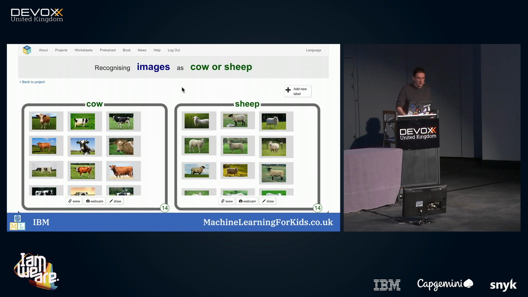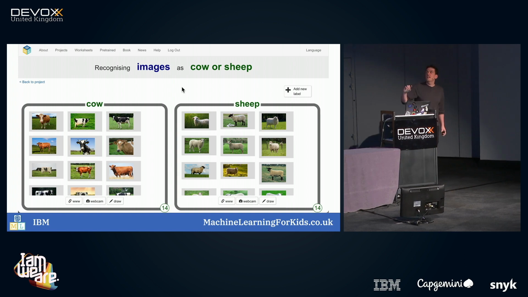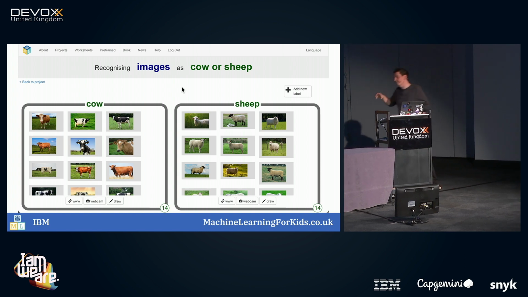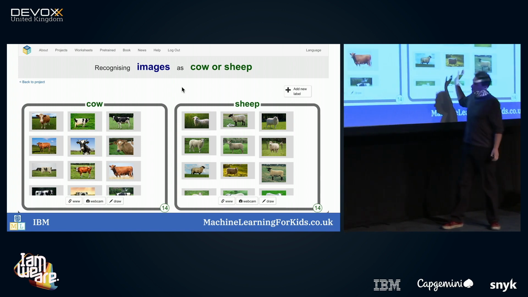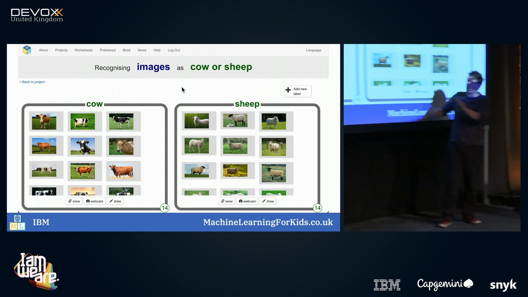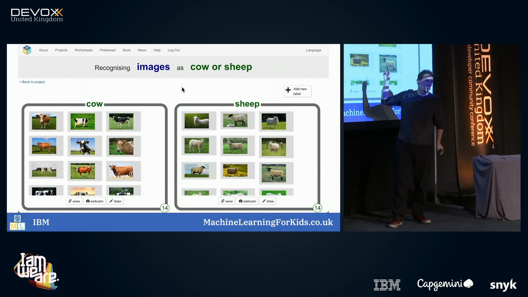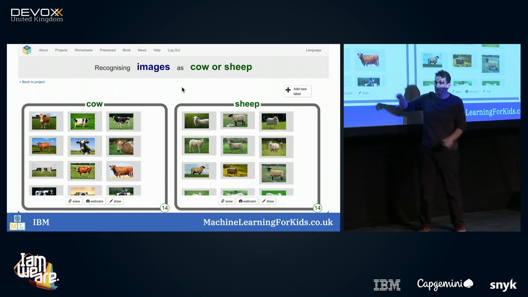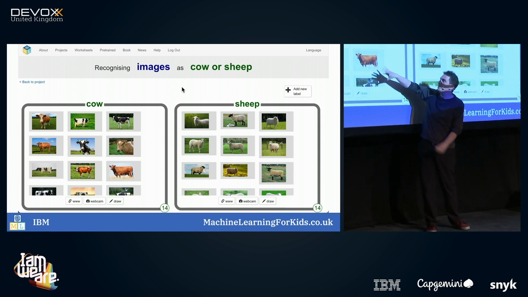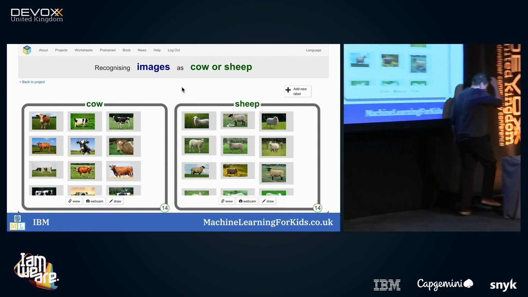Some really nice simple ones. This is an image classifier. So you can see when they create the buckets for image models, they can drag and drop photos from other web pages. So just open another browser next to it and then drag and drop images onto it. Or you can use the webcam to take your own pictures, or you can draw directly onto the canvas. So lots of ways of easily collecting training images.